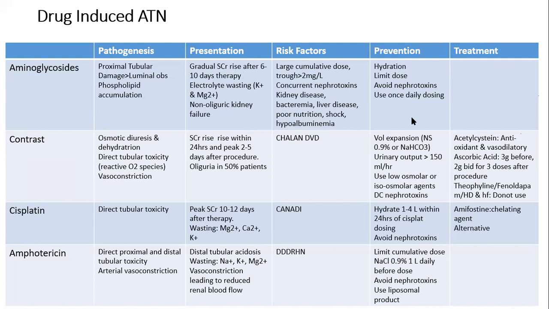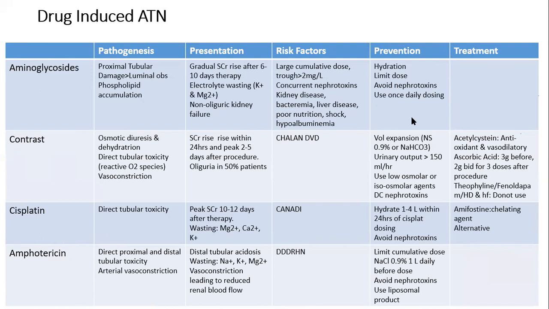The treatment for that, all the medications that I mentioned, they're all supportive for contrast-induced nephrotoxicity, and nothing is picture perfect to treat the contrast-associated nephrotoxicity. So you can give acetylcysteine 600 milligrams BID starting 24 hours before and 24 hours after. It is an antioxidant, it's a vasodilator, and helps in reducing the contrast-induced toxicity. Ascorbic acid has also been tested. It's inferior to acetylcysteine, but has been used successfully, 3 grams before, 2 grams BID for 3 doses after the